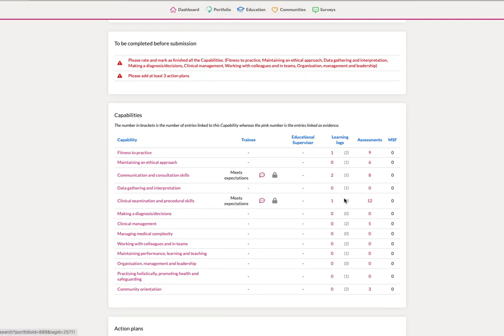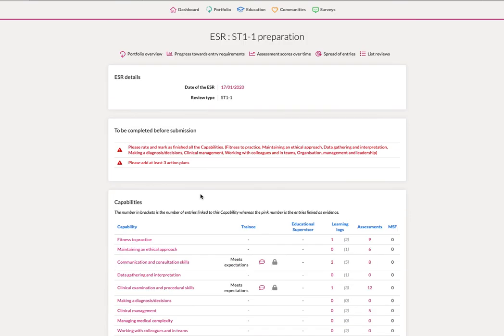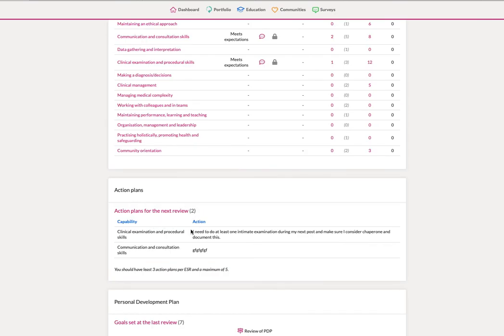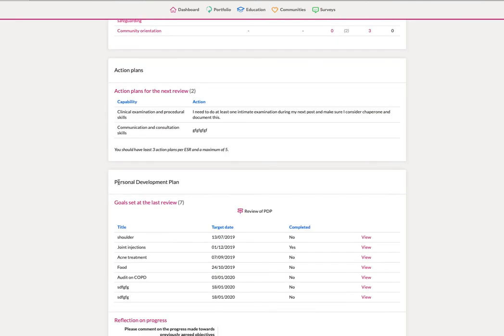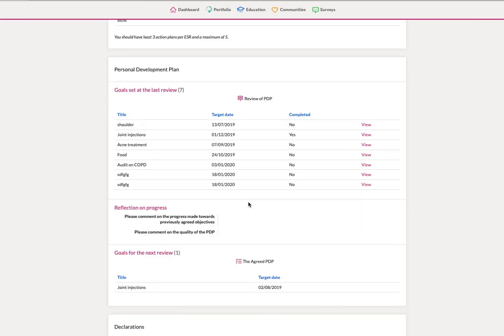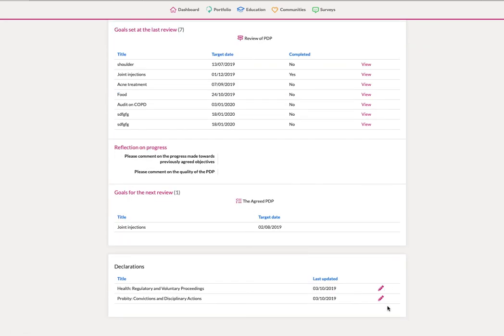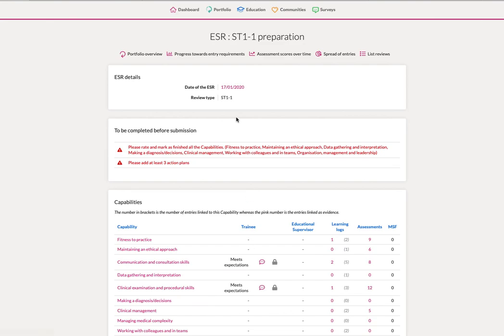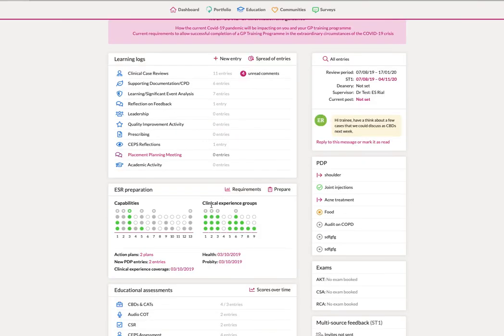which are these little pink numbers here, and the action plans that you create will appear here. You've got to make sure you do 3 as a minimum. As I said, you can review the PDP here, or you can do it from the ESR preparation page and sign the declarations. So if we go back to the portfolio overview,